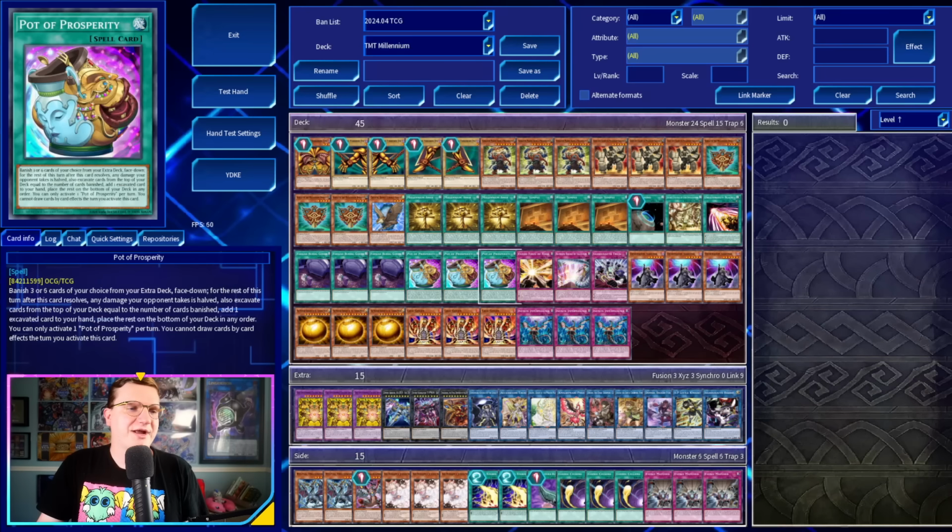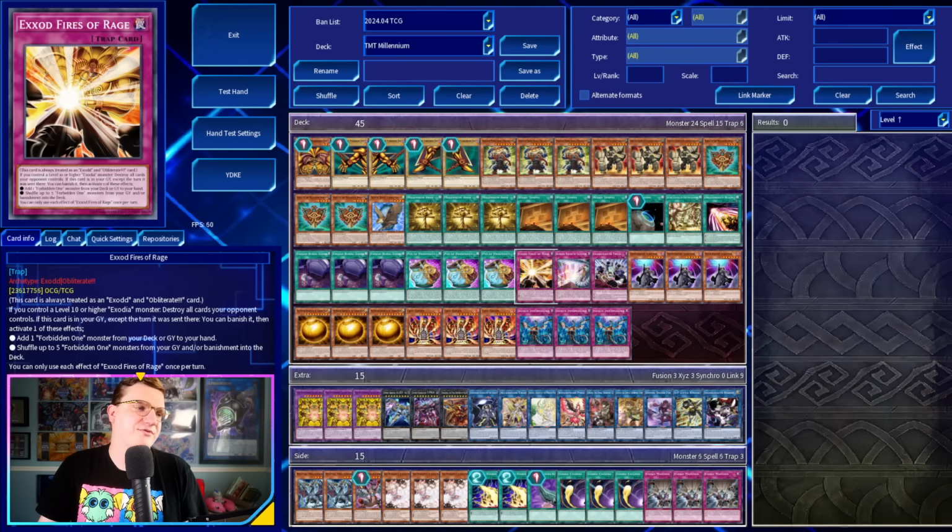We're playing 3 copies of Pot of Prosperity. Then for traps, we've got 1 Exod Fires of Rage. This is both Exod and Obliterate, which means it's searchable off the fusion, as we'll see momentarily. And you can destroy all cards your opponent controls. Crazy. This can be banished, except the turn it was sent to the graveyard, to add a Forbidden 1 monster